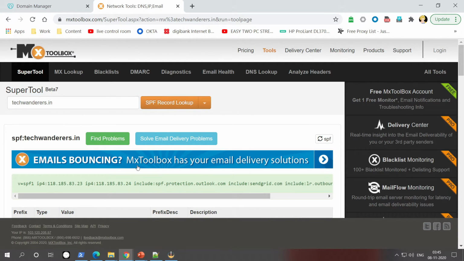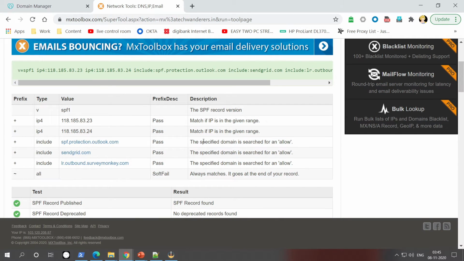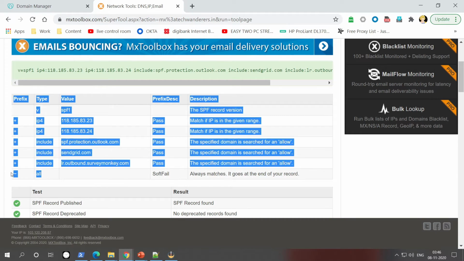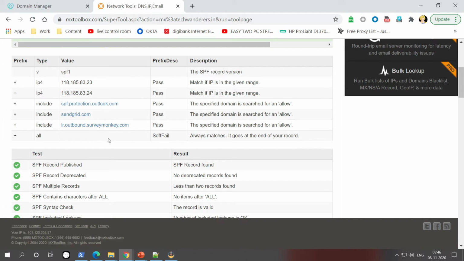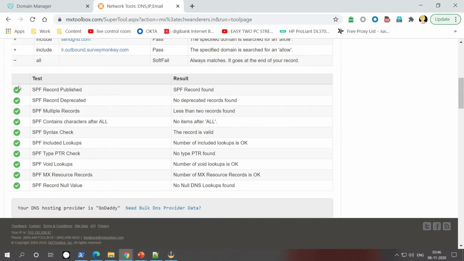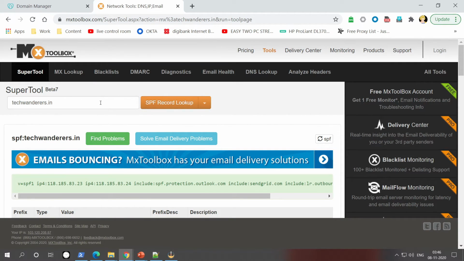It takes some time. And it shows the SPF version, first IP, second IP, your default include, your partners include, your other partners include, and your software. Are you able to see this? So this is how you can verify it. All tests are green. MX Toolbox is a good tool to verify all your DNS records.